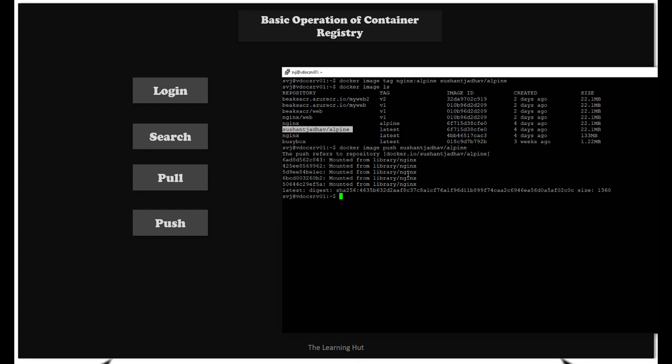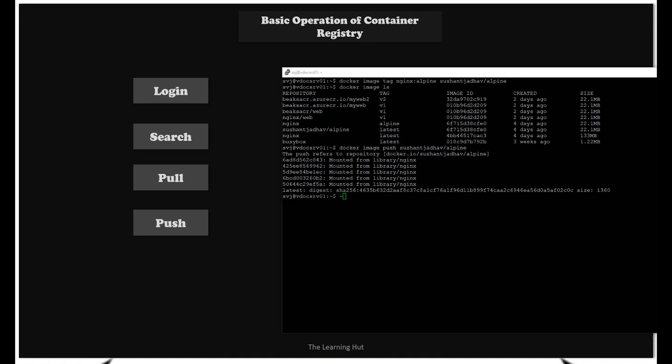If you want to perform the same operation on a private repository, then you have to provide your repository login server name and then the image name. In the next session we are going to discuss in depth the Azure container registry. We will create a container registry, build our own image, push that image to our container registry, then download that image and spin up our container inside Docker.